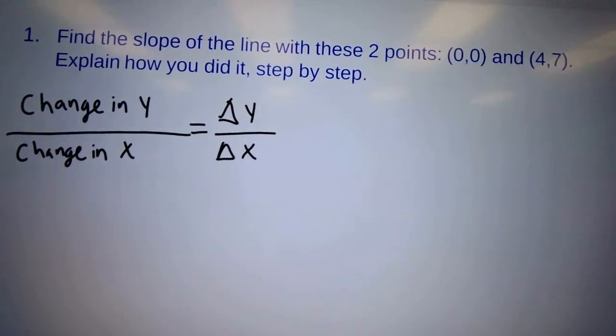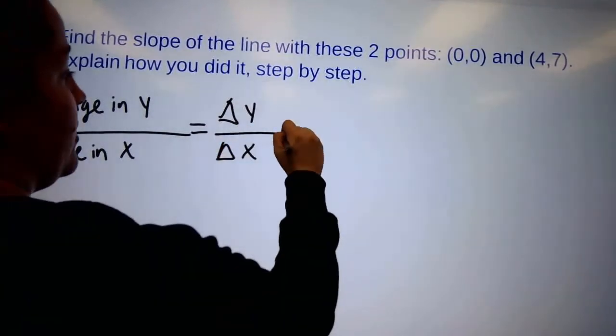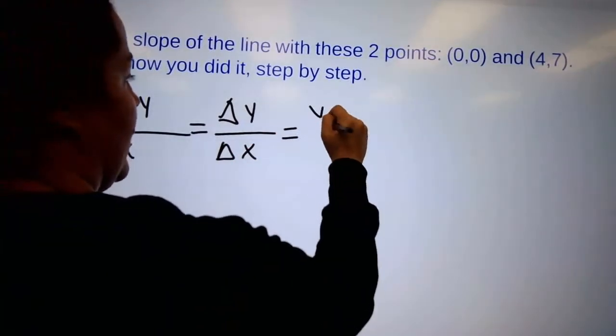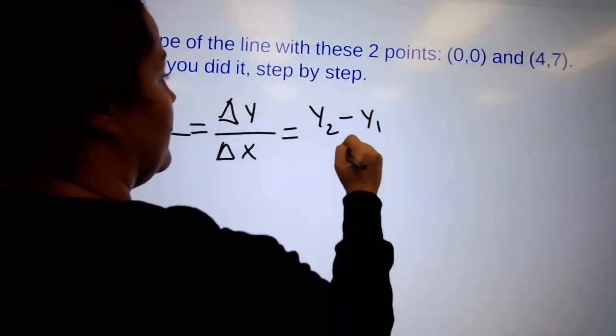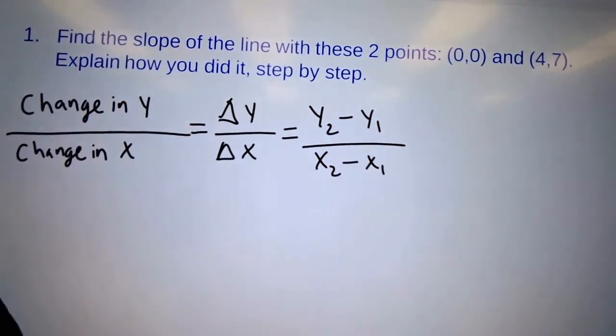It's just a math term and how we use it. So change in y over change in x. I'm going to write the formula and then I'm going to explain why it's like this. So y2 minus y1 over x2 minus x1. And if you watched the video in the Pear Deck, this was explained, but I'm going to go over it